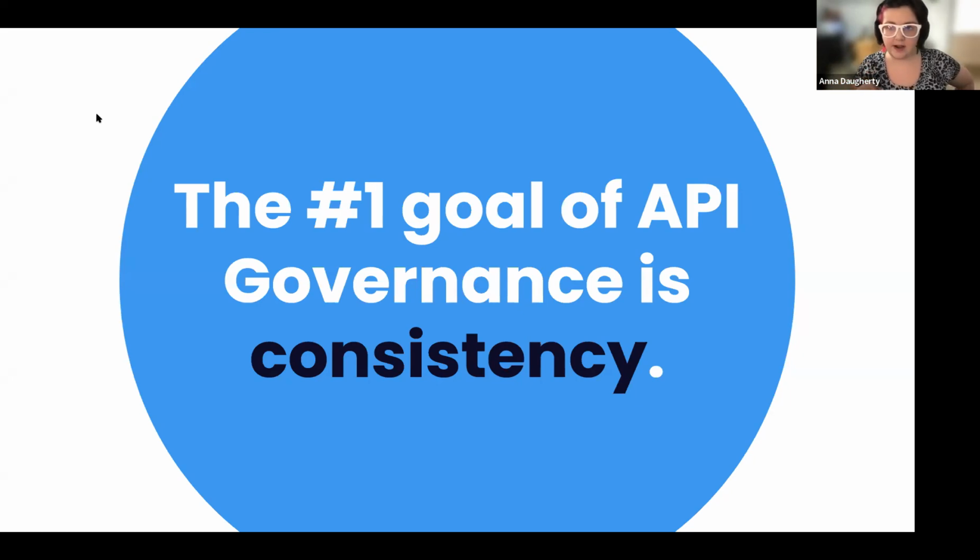But the thing we recognize is that across every industry, across everywhere, people are striving to get consistency for their APIs. We've come to a place where now we realize that APIs are valuable. Organizations need them, they want to use them, but they're growing out of control. And it's much harder to find consistency and reliability and repeatability and reusability from their APIs. So that's what everyone's striving for right now. And there's a lot of questions about how to achieve that.